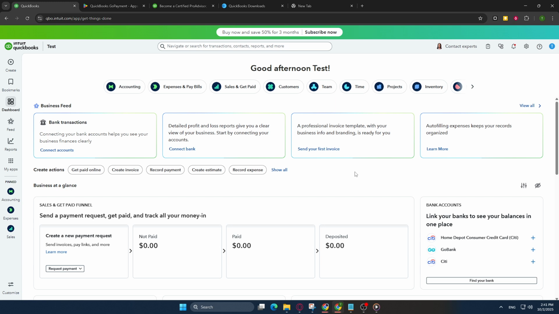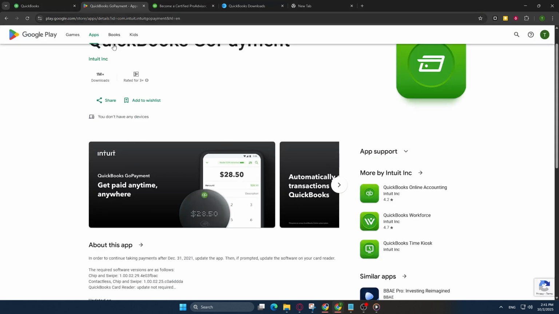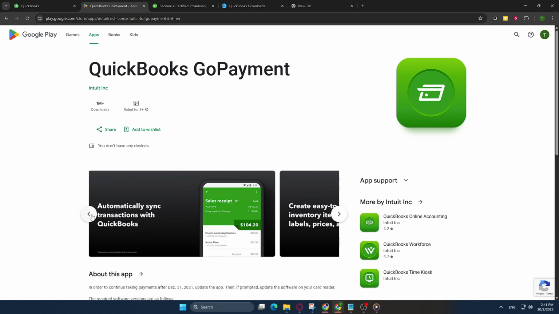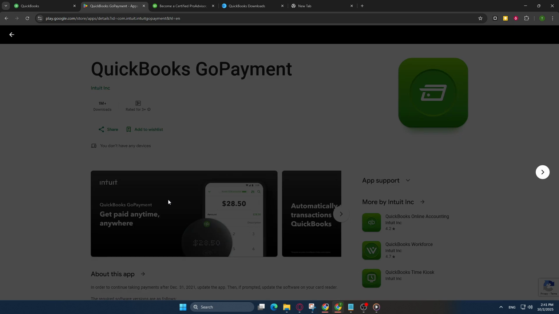Next, let's talk about the QuickBooks Go Payment app, a powerful mobile application that extends the functionality of QuickBooks from your desktop to your mobile device. This app is particularly useful for those who are always on the go and need a reliable method to accept payments anywhere, anytime. What makes QuickBooks Go Payment stand out is its ability to accept credit and debit card payments